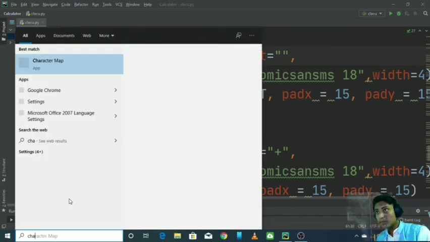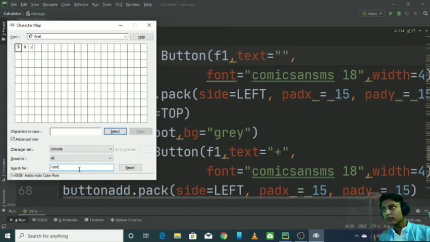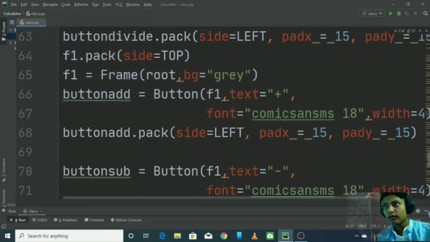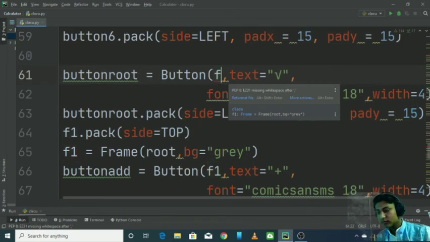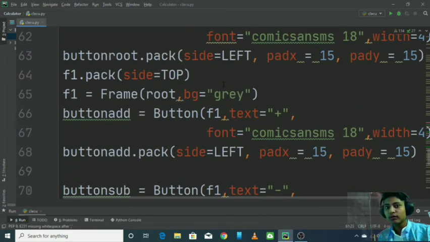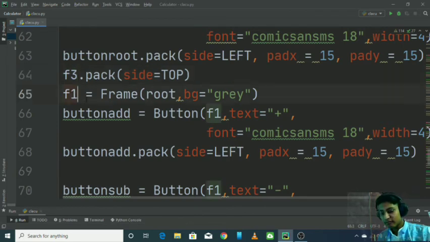So go to character map and then search for root, here it is, then copy and then paste, here it is. Then button root dot back, here in F3 I say, F3, and then here F3 dot back, here F4,